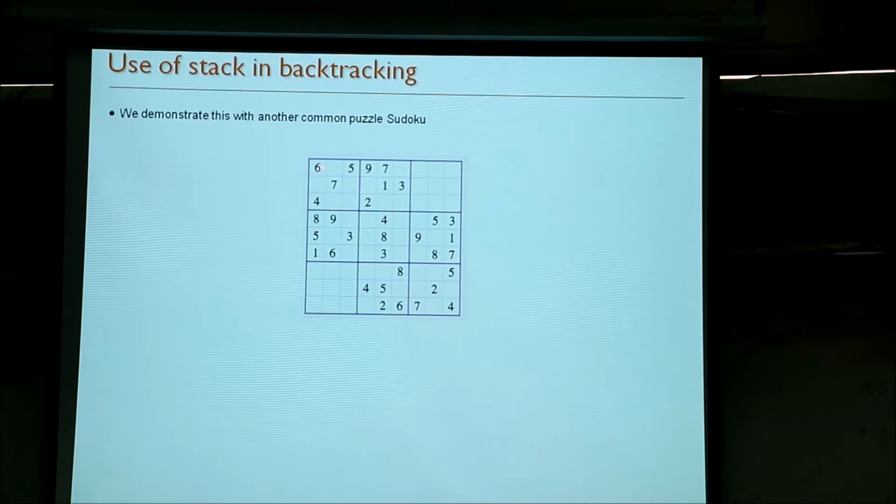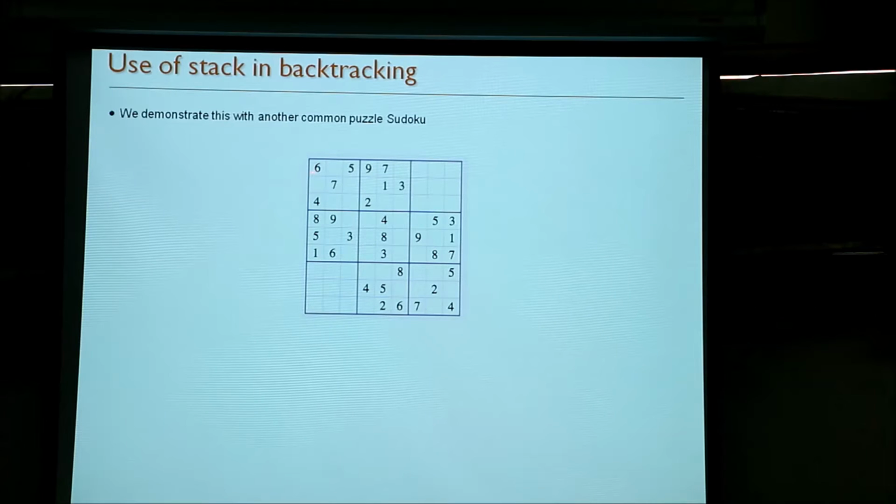Every row will have each digit exactly once. If you have already placed 6 here, you cannot place 6 in this row again. You cannot repeat 6 in this column because you already have 6 in this column, and you cannot repeat 6 in this box because you already have 6 in this box.